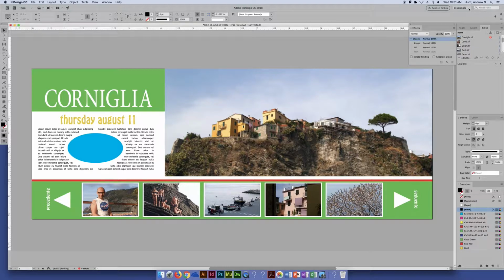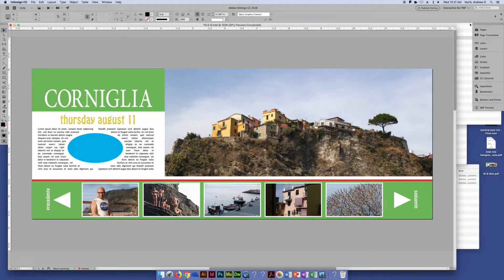So for typesetting, when we were playing around with that, using the different workspaces can be super handy. When we go to working with interactivity, you don't have to work this way the entire time we're designing these things, but when you want to go to interactivity, it's a little bit easier to go to Interactive for PDF. And you'll see, a lot like the typography one,